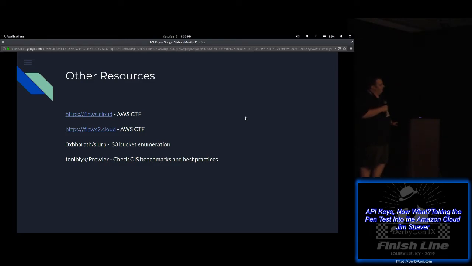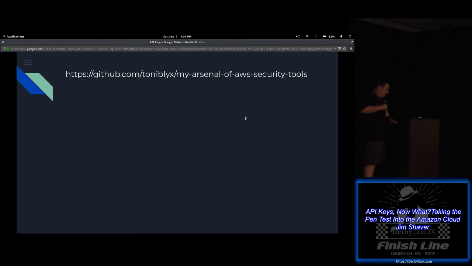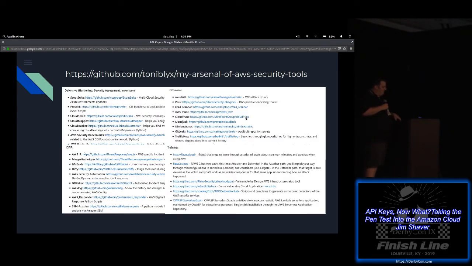Tony Blix is like this crazy AWS person that has a lot of really good AWS tools. One of them is called Prowler. If you're a CIS benchmark shop or you have weird compliance requirements, it's probably a tool you want to look at. It is the most extensive set of bash scripts I've ever seen in my entire life. It's amazing that he's written such a sophisticated tool in bash. I'm very impressed, but it works very well. And it'll help you with your best practices, and it's a little bit easier to set up and run than Scout 2, I would say.